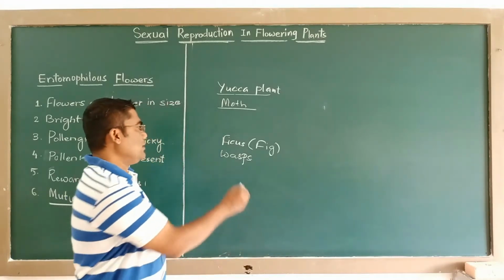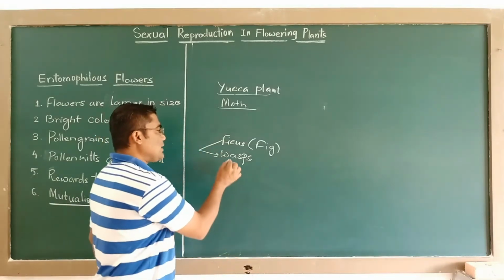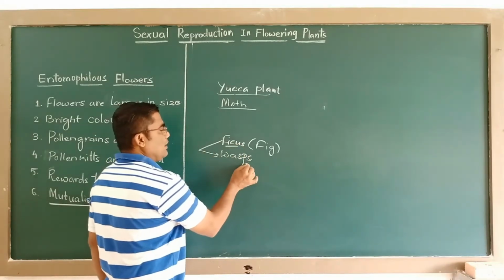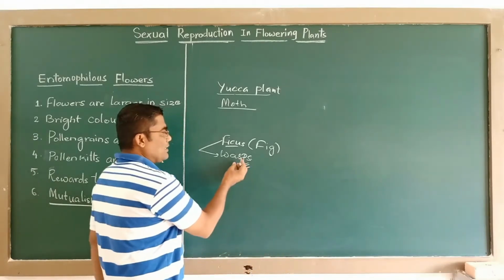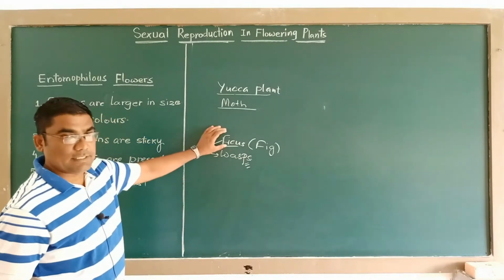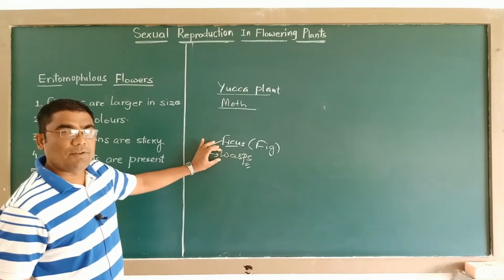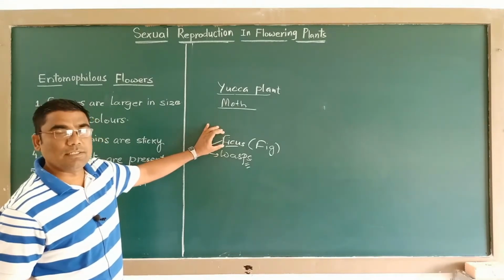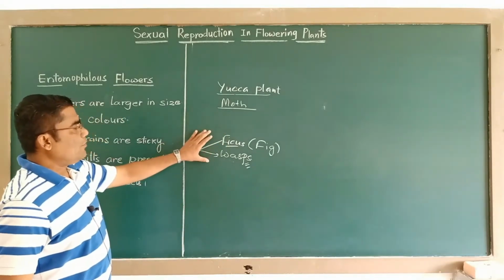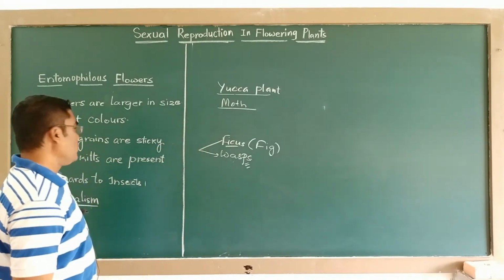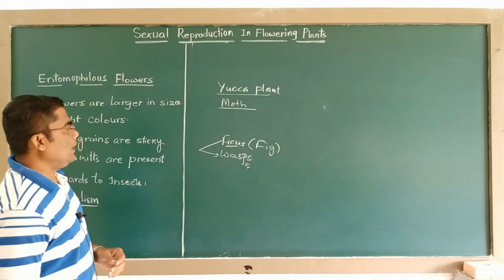That means the ficus plant is dependent on the wasp for pollination, whereas the wasp is dependent on the ficus for its shelter as well as laying eggs and development of larvae. It lays the eggs within the inflorescence of the ficus plant. Here the eggs hatch and the larvae develop within the inflorescence of the ficus plant. Like this, yucca and ficus show mutualism with some types of insects to complete entomophily.